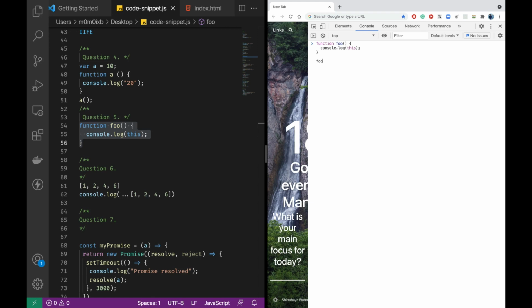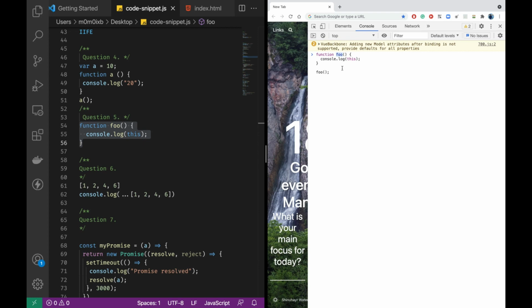Yeah, right. So I'll be calling this function as well. In the foo function, we are trying to console log this, and as we can see, foo is not bound to anything. There is no context, it is not tied to a particular context. It's not part of some object. So this basically tells what context this function foo belongs to, and there is no such context.